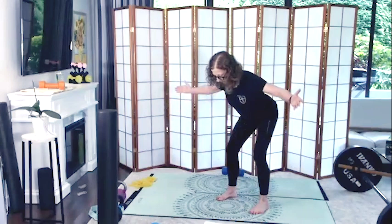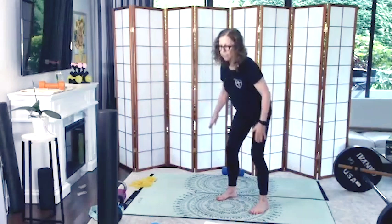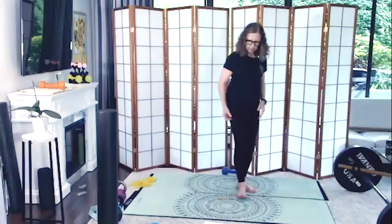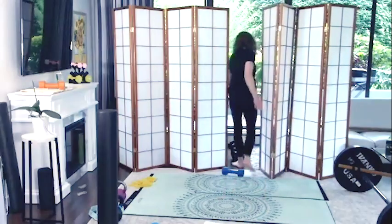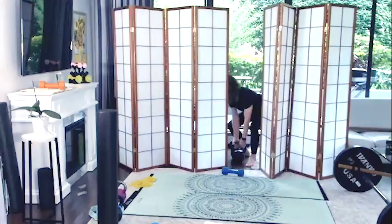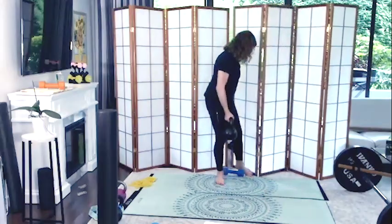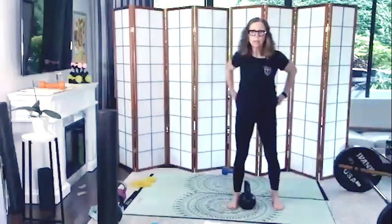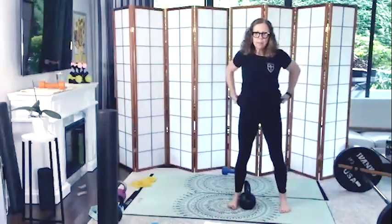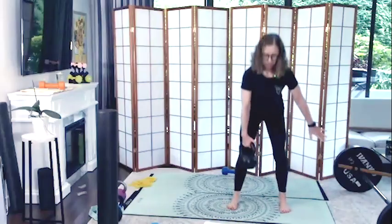And then we're going to go for a carry on one side, or a carry and hold on one side. I'm going to grab something a little heavier for that. So set yourself up for success by thinking about what you can hold on one side, and I'll time this for about 30 seconds. So pick up,